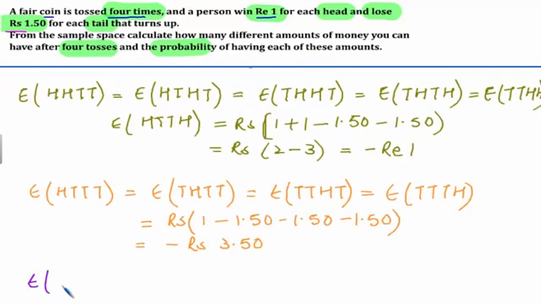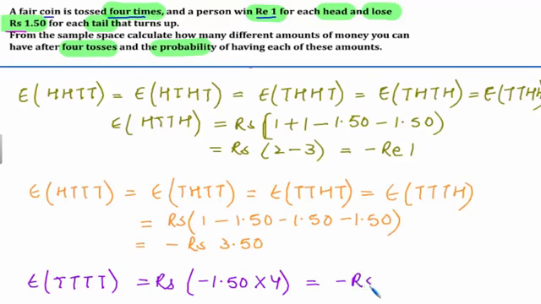So here the amount of money for this outcome is equal to rupees. Now since there is a loss of rupees 1.50 paisa, so we have minus 1.50 4 times, and this is equal to minus rupees 6. So if 4 tails appear one after the other, then the person loses rupees 6. Now according to the question, we have to find the different amounts of money you can have after the 4